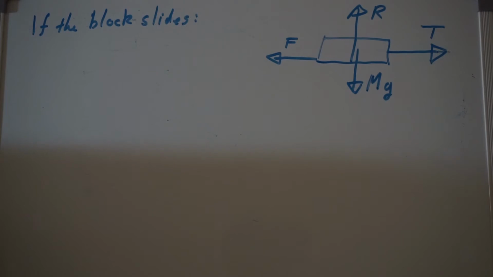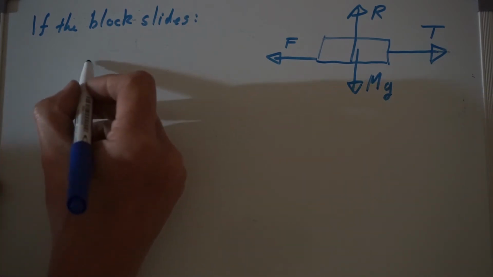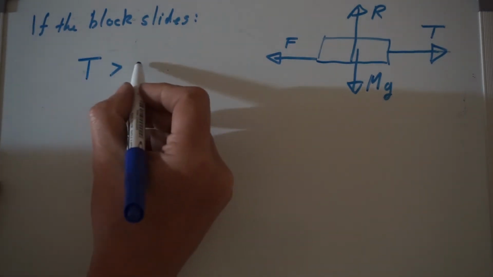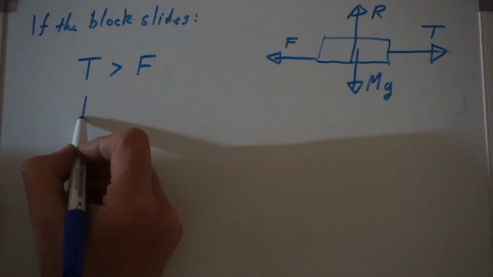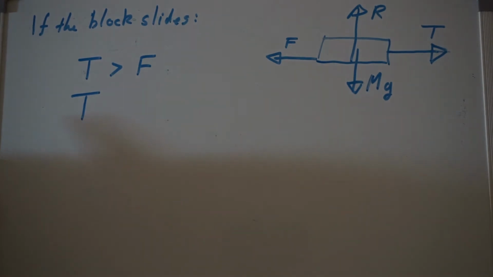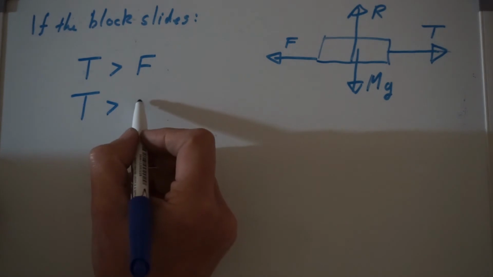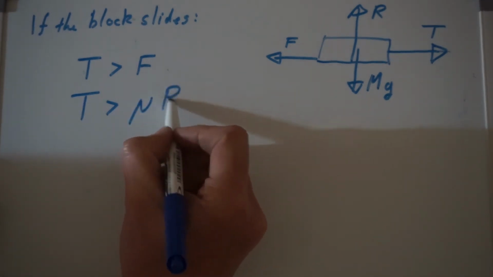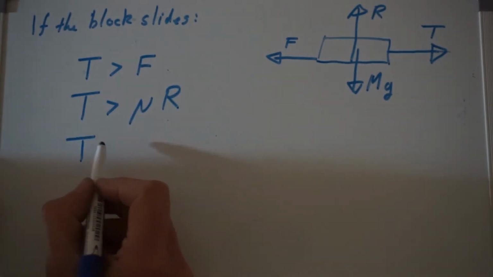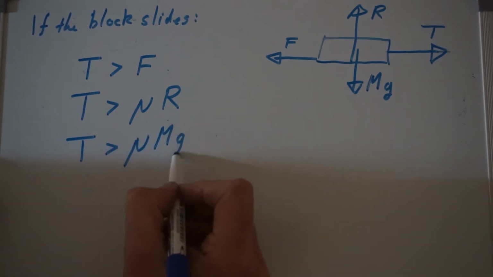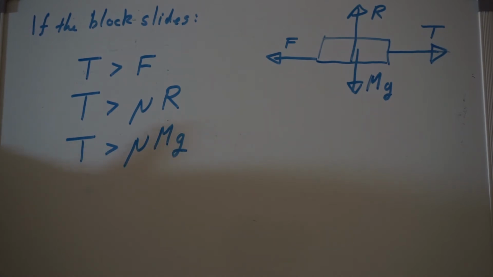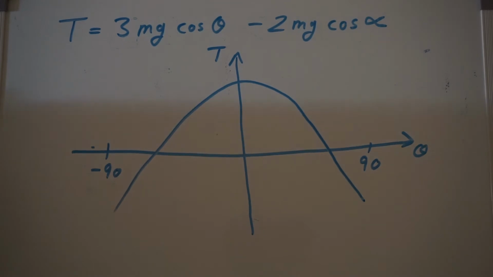If the block slides, then the tension force must be greater than the friction. We're obviously talking about a case where friction will take its maximum value, so we can say that T must be greater than mu R, and T must be greater than mu Mg, where capital M is the mass of the block. This is a